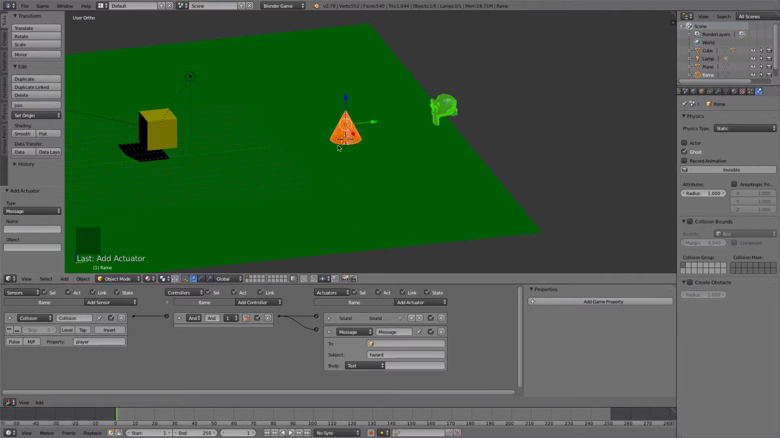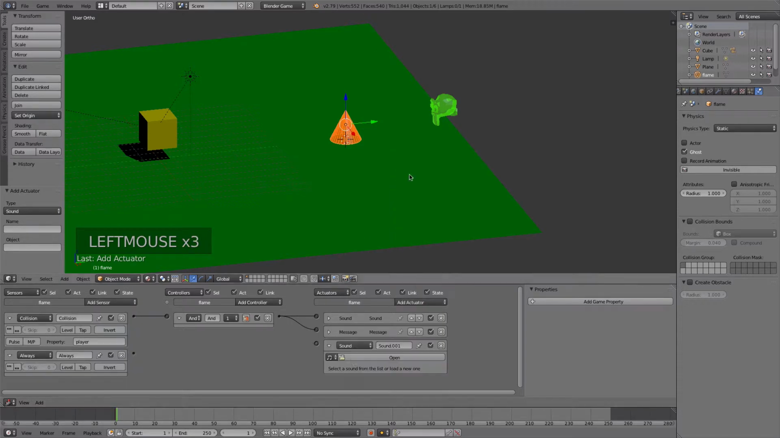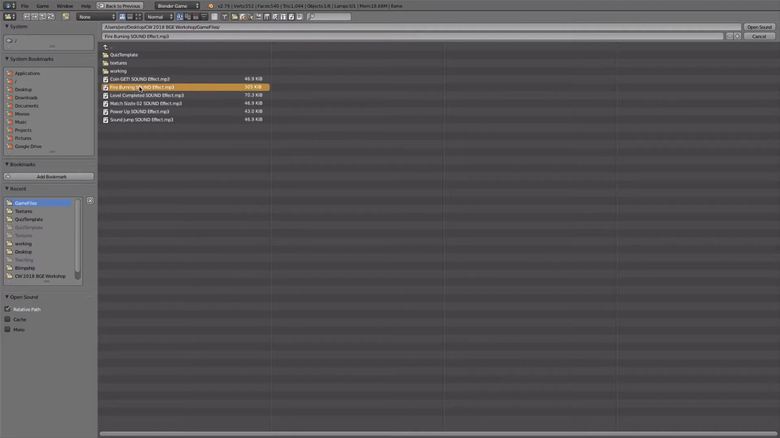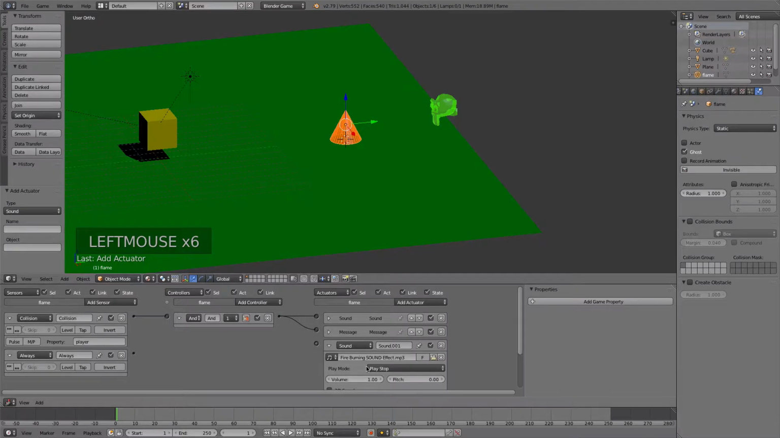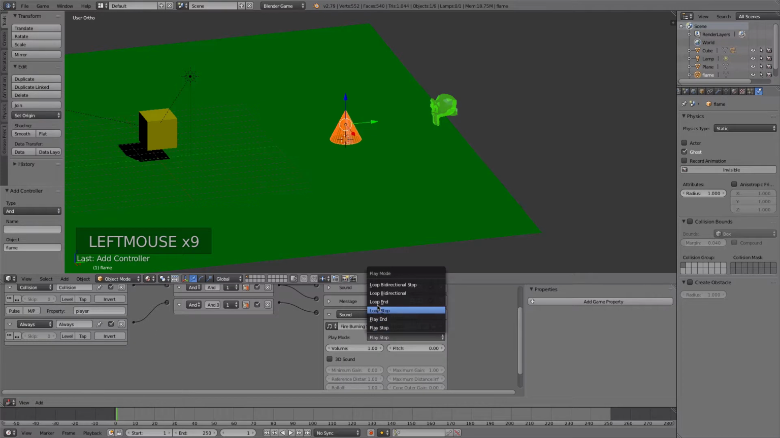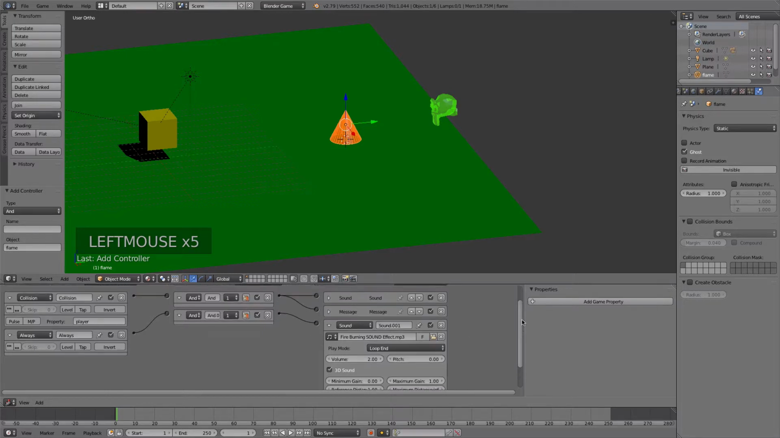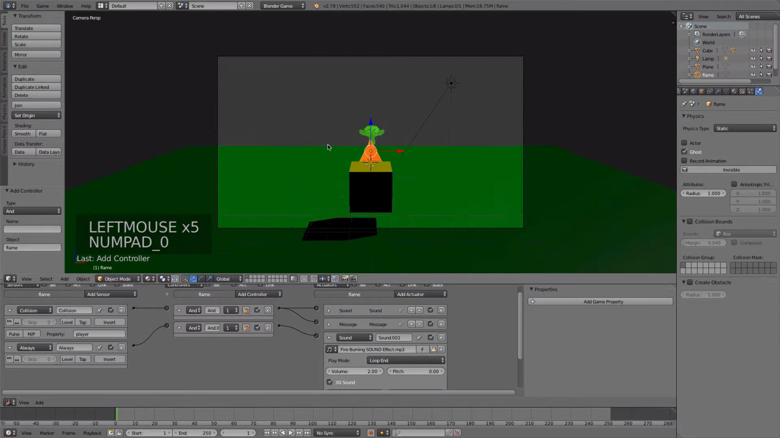And also something that's fun, I'm going to add an always actuator and a different sound effect. This is just a loop of fire burning. So as soon as that object is created, it's going to start playing a loop. It'll loop all the way through to the end. And if I click 3D sound, and again change the volume to 2, what that does is, whoops, turn that back there. What that does is Blender 3D,